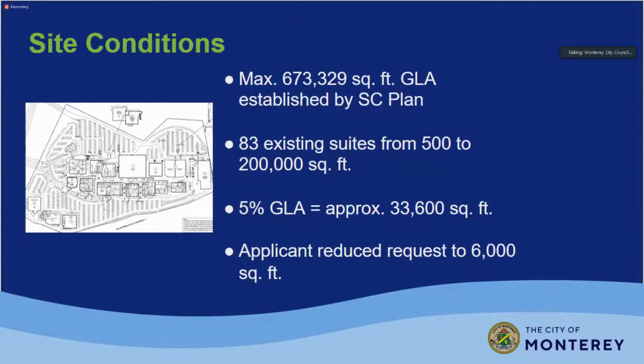What I haven't mentioned is the real reason they applied for this: we received a building permit at the end of last year for a new chiropractic office in a 950 square foot space. Unfortunately, I had to tell that person that this is not a use that is allowed, after they had really gone through getting an architect and doing all the work to get it approved. Our building department flagged it and said, hey, is this allowed? And I found that it wasn't. So on the one hand, we have the owners who have this goal of diversifying the use, but we do have a local born and raised chiropractor who wants to occupy that space. And I'm sure if you have questions for him, he can help answer those.